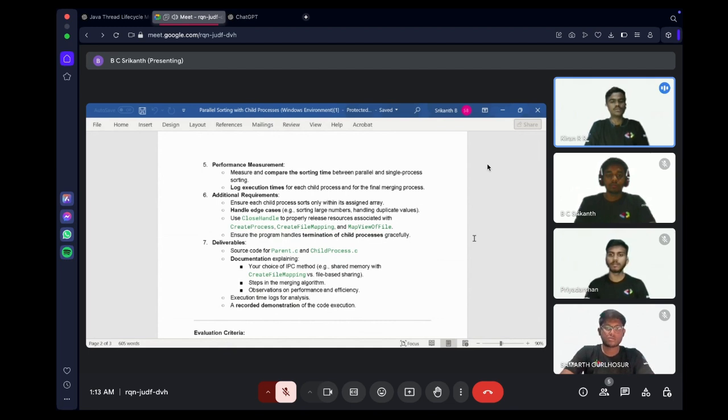values, use CloseHandle to properly release resources for CreateProcess, CreateFileMapping and MapViewOfFile, ensure graceful termination of a child process. Deliverables: provide the source code for parent.c and child process.c. Include